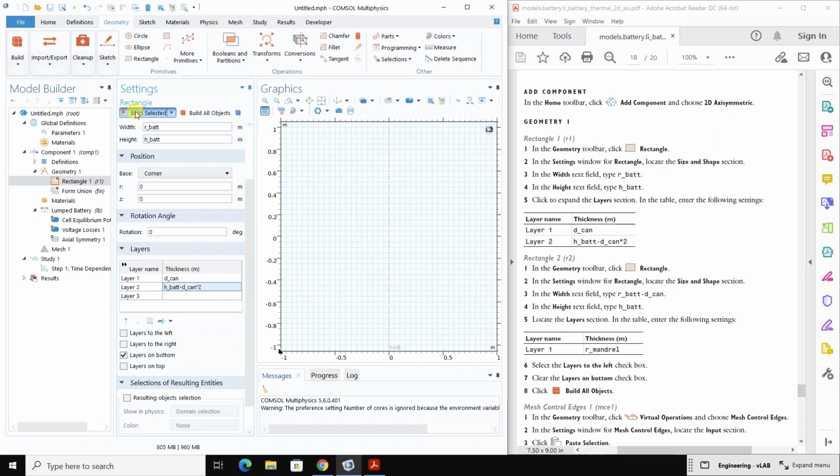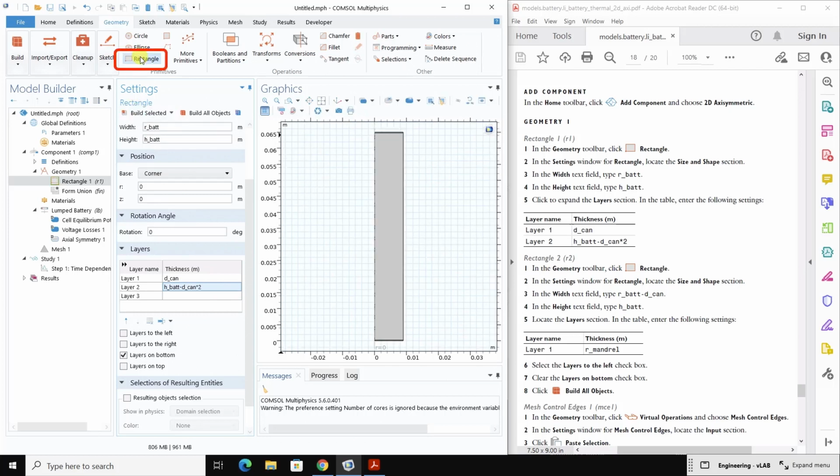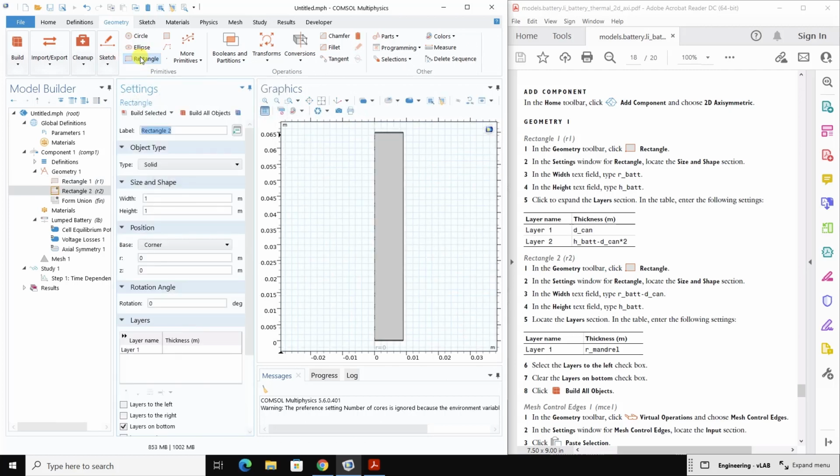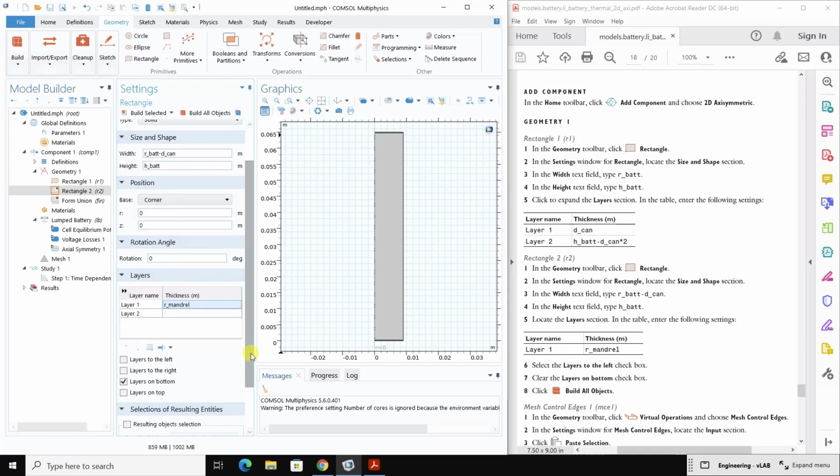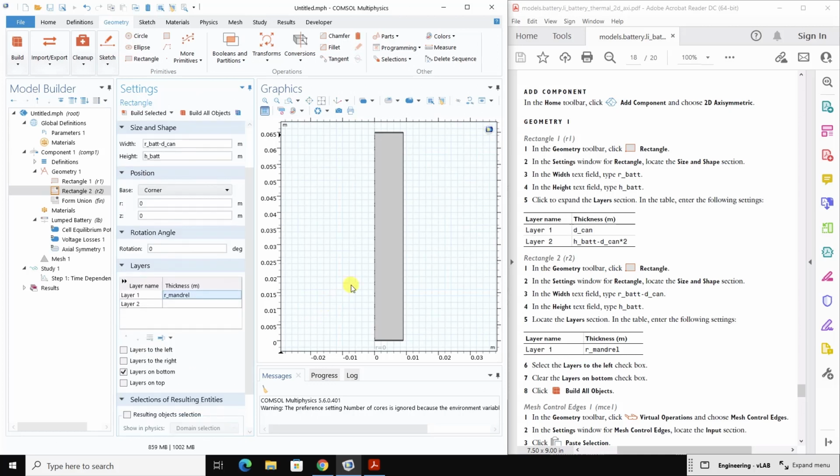Now we can click Build Selected, and we'll draw the second rectangle. And this one is for the mandrel. For the layers, we are going to have only one layer, which is for the mandrel. And in this case, we are going to have the layer to be on the left-hand side. So we're going to clear the layers on the bottom, and we'll check the layers to the left,